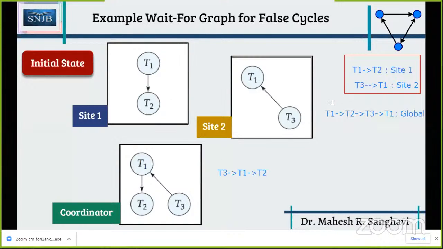So false cycle will be there if you use this particular way, okay, but the right way to use is what, we need to combine this graph first, and based on this graph we need to generate new sequence, and this new sequence will tell you that there is no cycle, and due to that you can say there is no deadlock. So this you need to understand, my dear friends, okay।